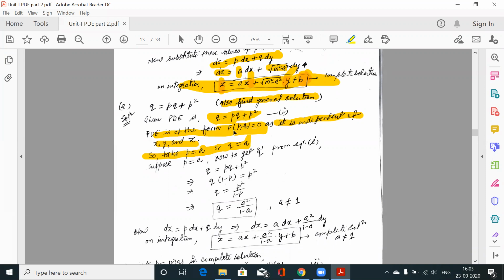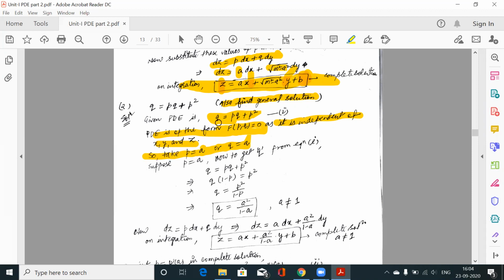So I told you that based on this question you select either p is equal to a or q is equal to a. Means this question must be solvable for that variable. If you have used p is equal to a, then you will put a square here, so q can be calculated easily. Suppose in this case you use q is equal to a, then q is equal to a is equal to pa. So this is a quadratic equation in p.